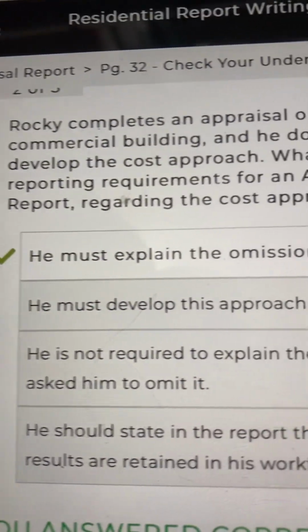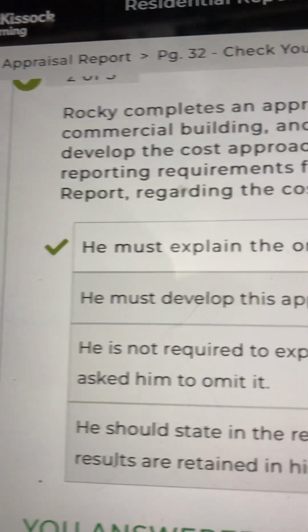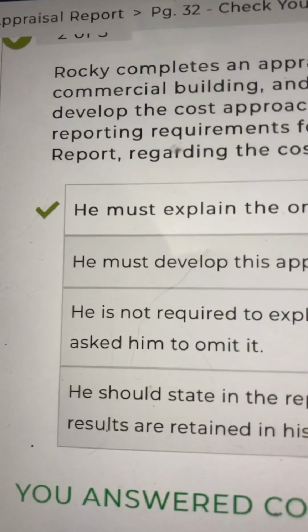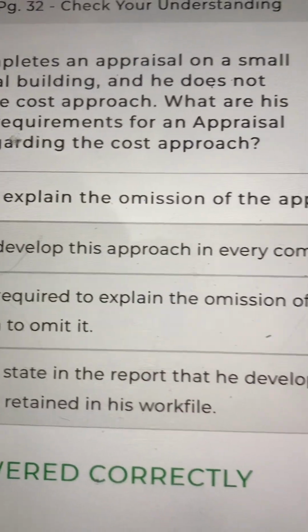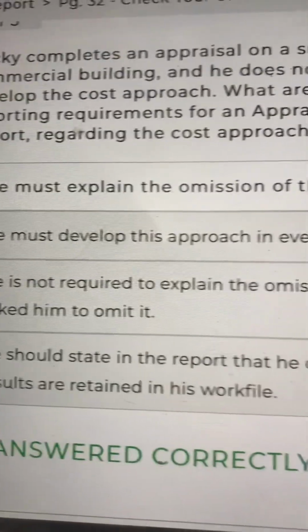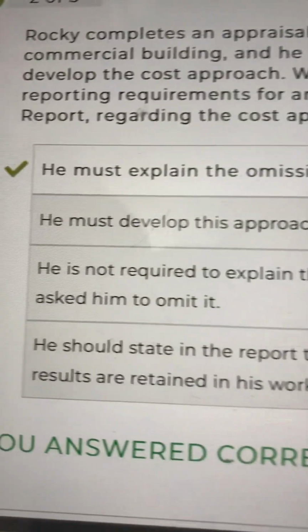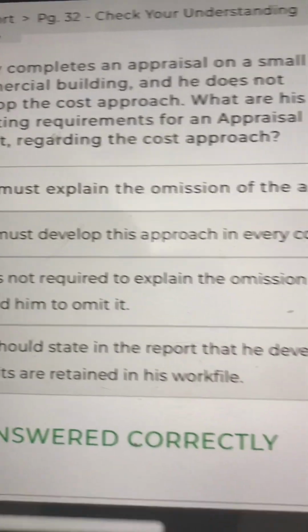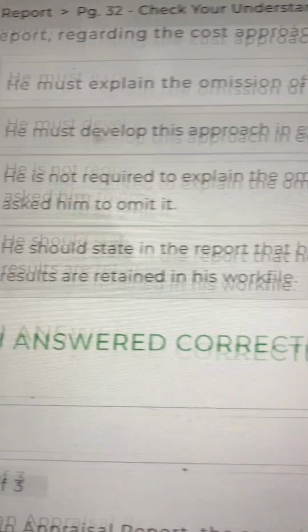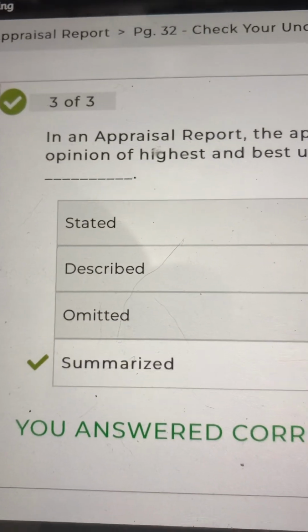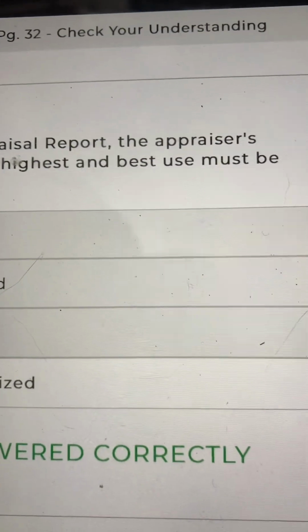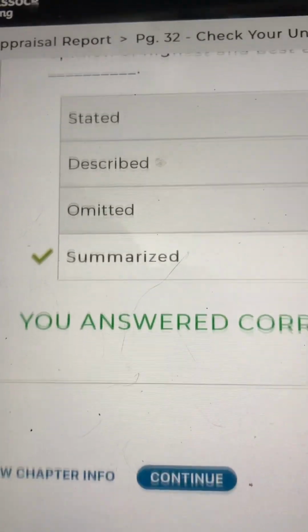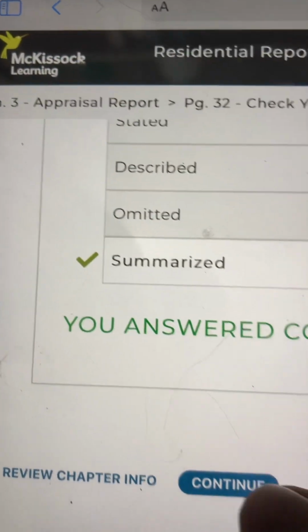Number 2, Rocky completes an appraisal on a small commercial building, and he does not develop the cost approach. What are his reporting requirements for an appraisal report regarding the cost approach? You said he must explain the omission of the approach, and that was correct. And lastly, number 3, in an appraisal report, the appraiser's opinion of highest and best use must be, you said, summarized, and that was correct. Continue.